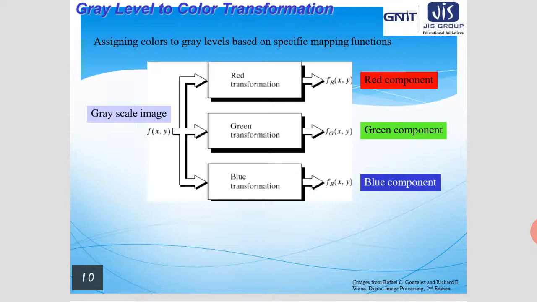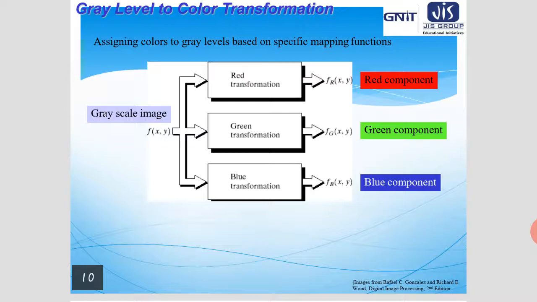Now if we pass it through the red transformation, we will have fr(x,y), which is nothing but the red component of the corresponding grayscale image. If we pass it through the green transformation, the output will be fg(x,y), which is the green component.